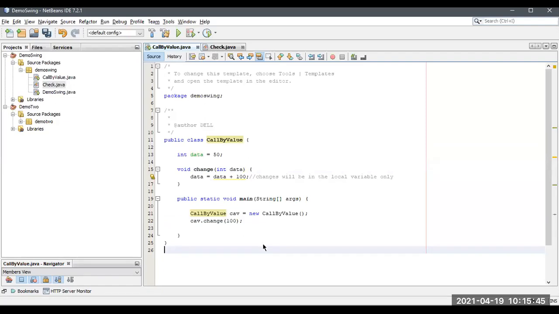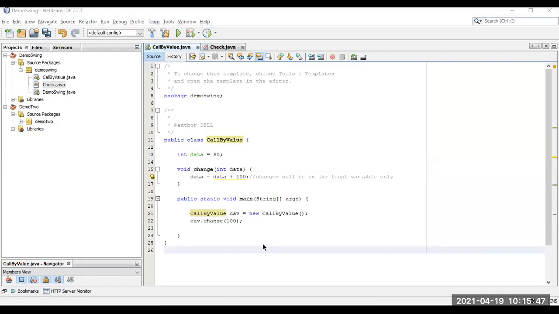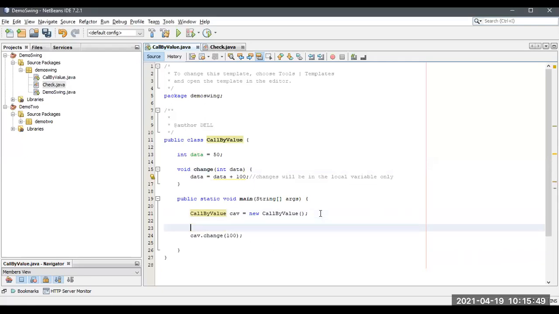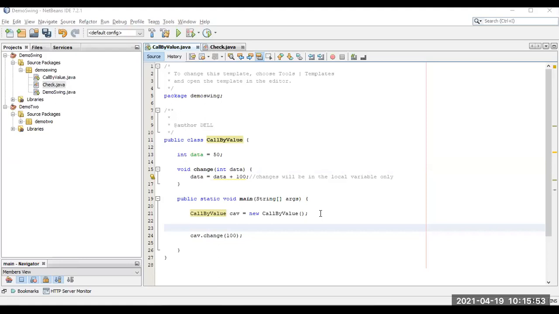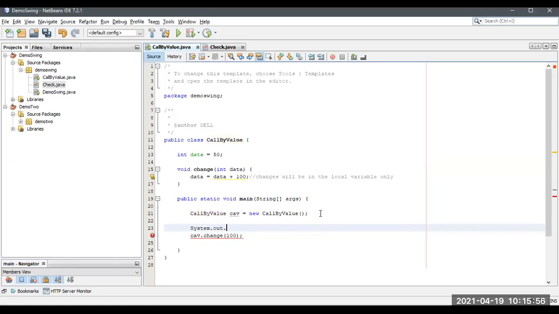So now I'm going to print before and after. Let me do this one. System dot out dot println. You'll get a clear idea. Just observe the values I'm sending. Sorry, this is not an append, it is dot println.